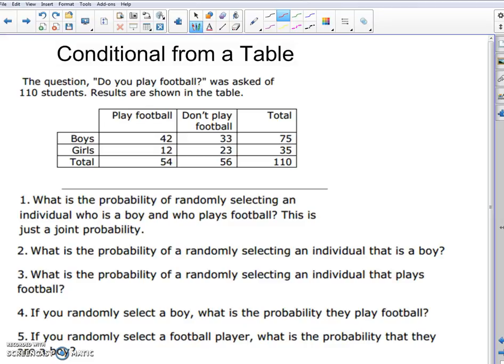Alright, we're now going to take a look at conditional probability from a table. First question is, what is the probability of randomly selecting an individual who is a boy and who plays football? So it needs to satisfy both things. So we look up here, this is my plays football column, this is the boys column. I just want boys and football, so that's going to be 42 out of my total, which is 110. So we got 42 over 110, which reduces to,